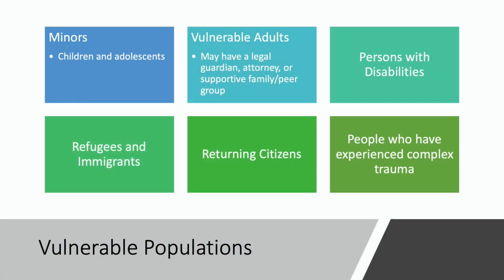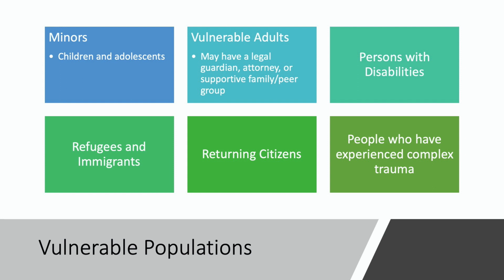While orphans, widows, and foreigners can still be considered vulnerable populations among us, we no longer live in biblical times, and the list of the vulnerable among us continues to grow. Vulnerable populations include minors, children and adolescents, vulnerable adults, people who may require a legal guardian, attorney, or supportive family or peer group to make decisions concerning their life and livelihood, persons with disabilities of all ages, refugees, migrants and